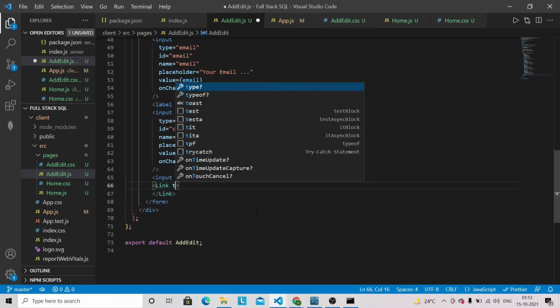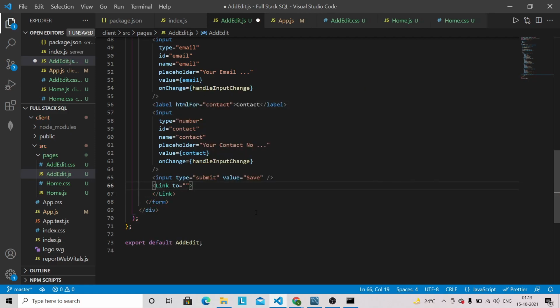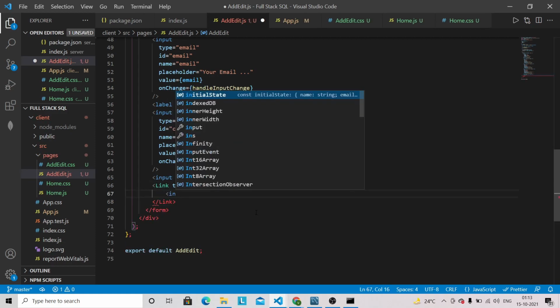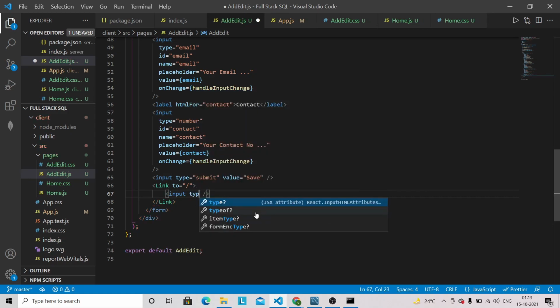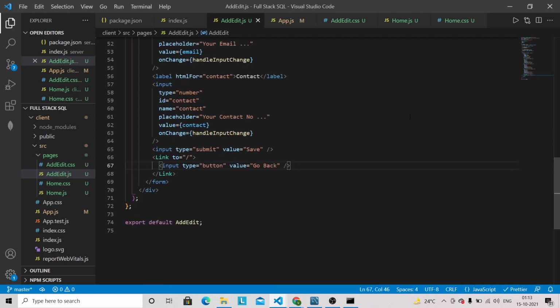So link to, it will basically navigate to the home page, and this button will only be a button. So we can specify type button, and value we can give here go back. Okay, so let's go into the browser and see whether the styling got applied to our form component or not.